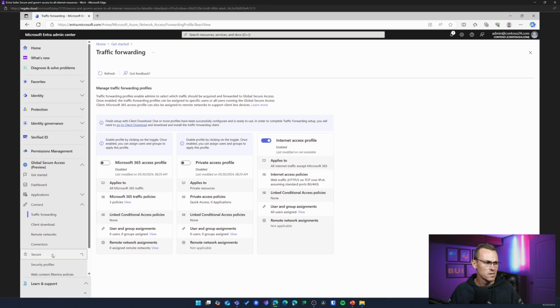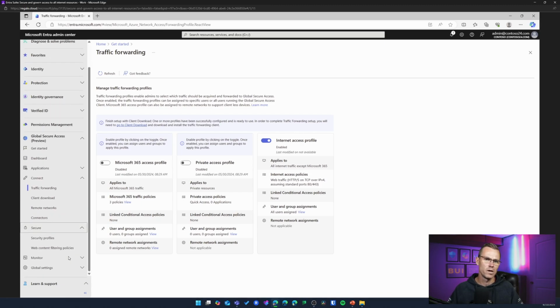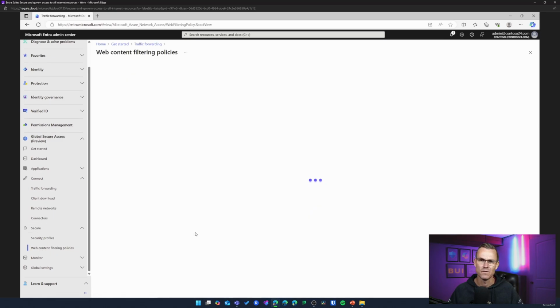The next thing that we need to do is start with our configuration in terms of what type of internet access policies and profiles we need to create in the end. So bear with me. It's a bit tricky, but I'll explain as we go along. The first thing that we're going to be doing is creating web content filtering policies.